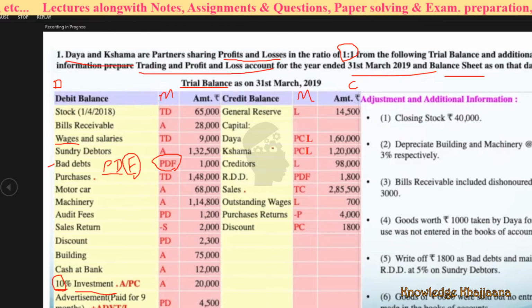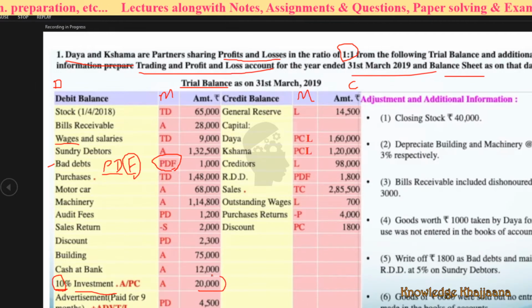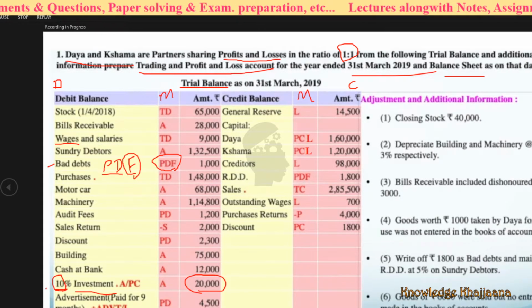See, is there any entry on the credit side that we have received that interest? No, right? There is no entry on the credit side that we have received the interest. What does this mean? The interest of the entire year, all 12 months at the rate of 10%, is due on this much investment. So this is called a hidden adjustment.